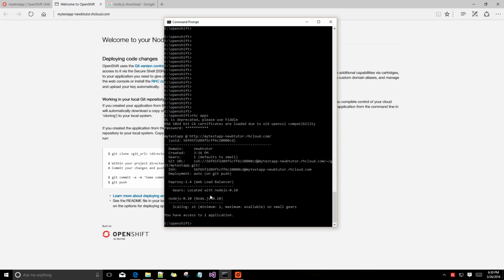Okay, now let's pull down the code of the default live page, because we need to edit that and push it back. So to pull down the code you need to do rhc git clone, and the name of the application is my test app.